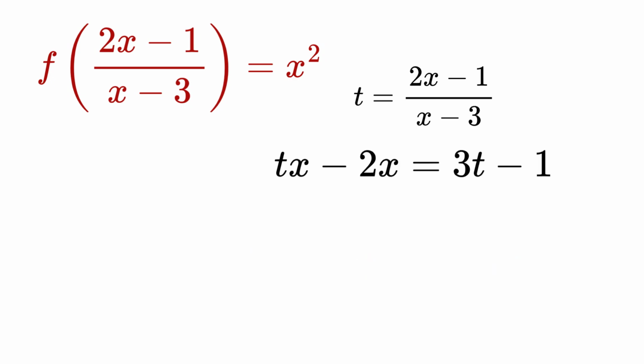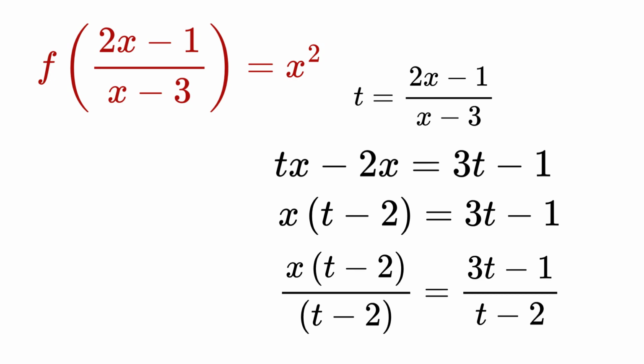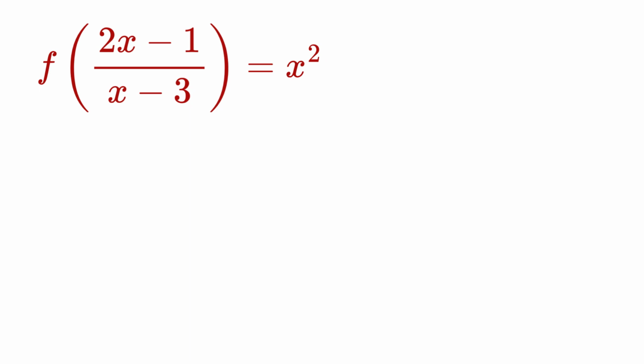Then we get tx minus 2x is equal to 3t minus 1. Take x as common, then x into (t minus 2) is equal to 3t minus 1. Now divide by (t minus 2) on both sides. (t minus 2) and (t minus 2) will be cancelled out, then x is equal to (3t minus 1) by